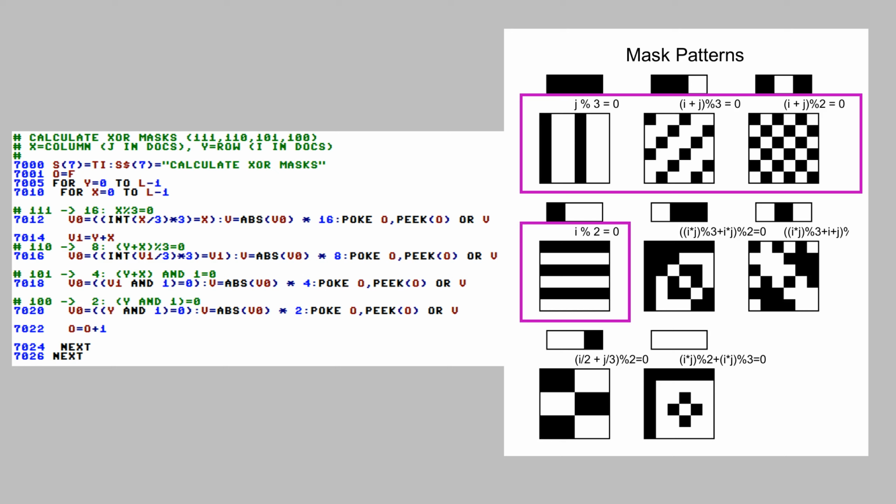The final step is to create the XOR masks and to apply them. These are the 8 masks involved. For simplicity purposes, I just calculated 4 out of 8. By the way, where do we store the masks? We'll just use the matrix itself.